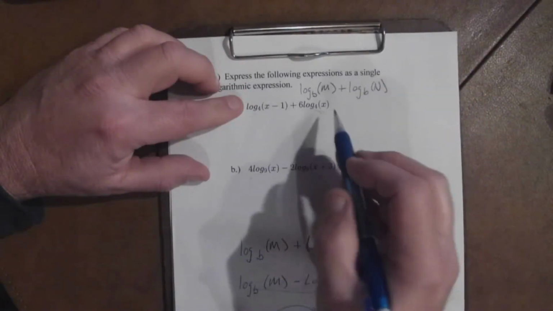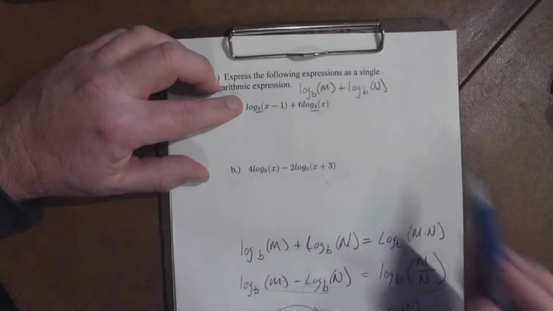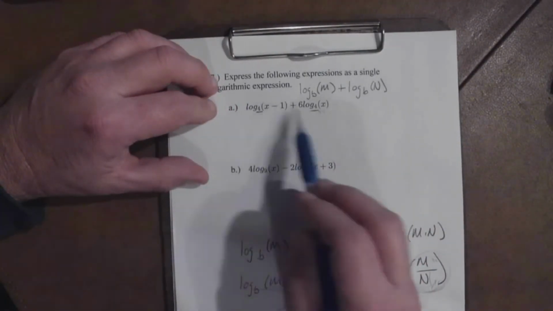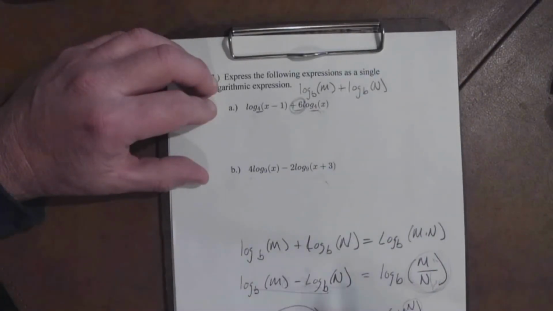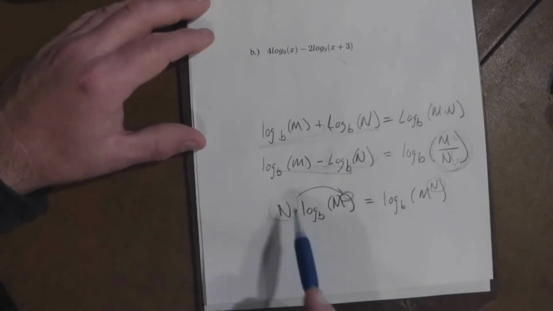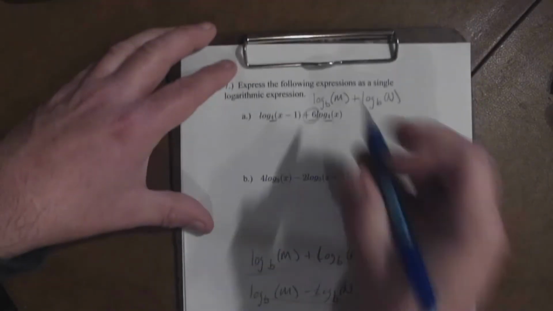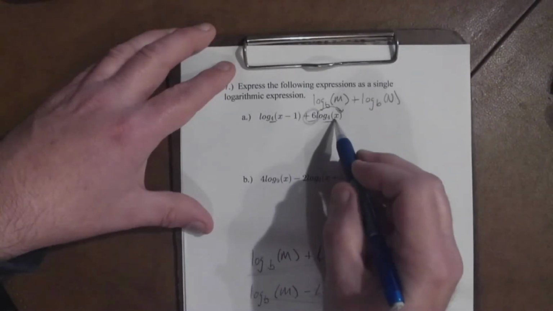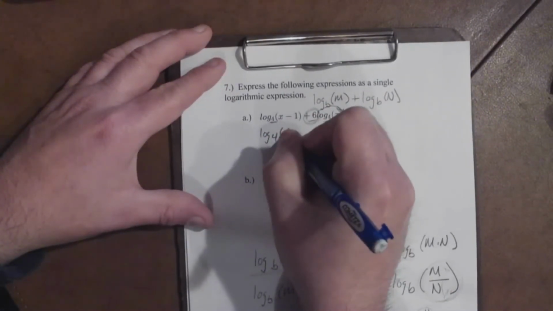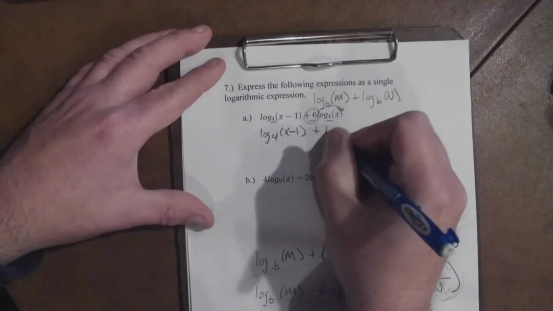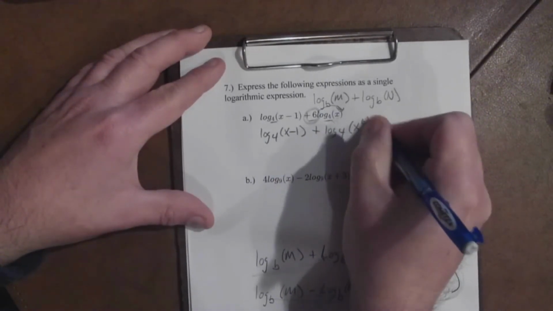To begin with here, we would notice these both involve a log base 4. However, this one has this number 6 out in front of that logarithm. In order to use this property, I have to have just the number 1 out in front of these two properties. So what I apply here is this third property, which allows me to bring that 6 up and make it a power on the value of x. This, in a sense, is going to become the log base 4 of x minus 1 plus the log base 4 of x to the 6th power,